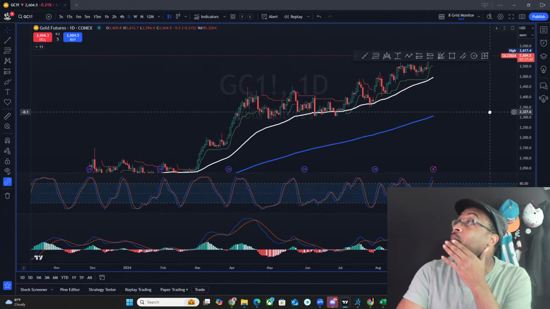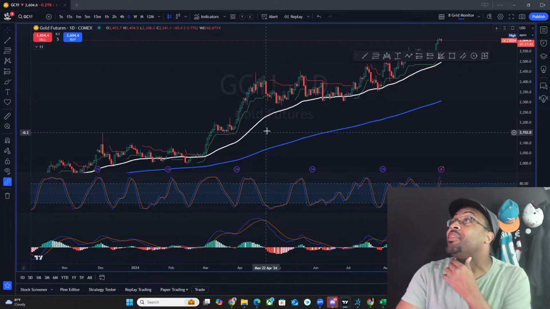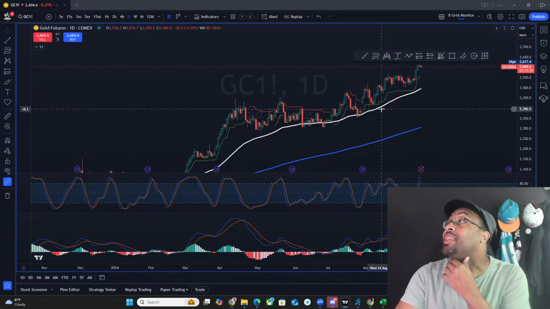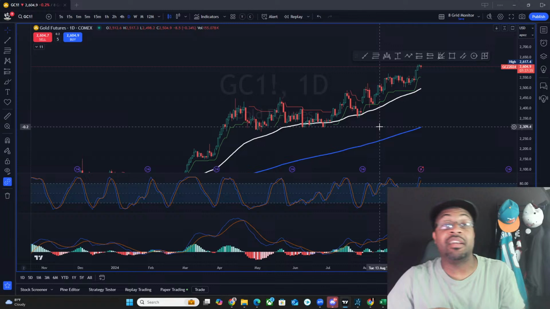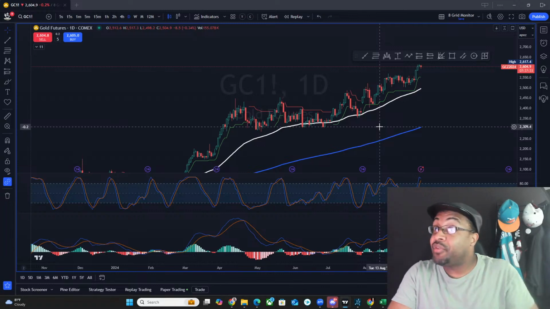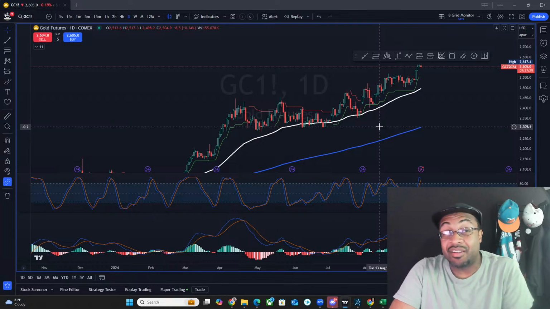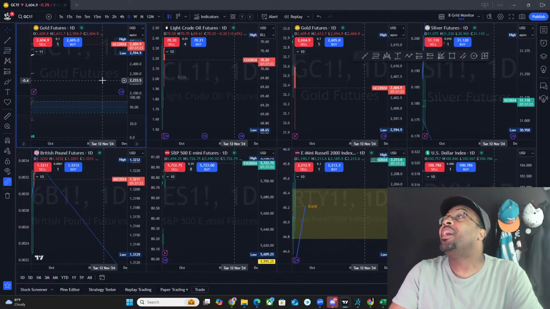I think there's going to be one more retracement. Again, I still have this one area roughly around here, and then there's another one roughly around here on contract expirations that we've yet to address. So if we do fall, it's probably going to fall real violently as the dollar strengthens, if it ever happens. That's a big if. All right, so that is gold.